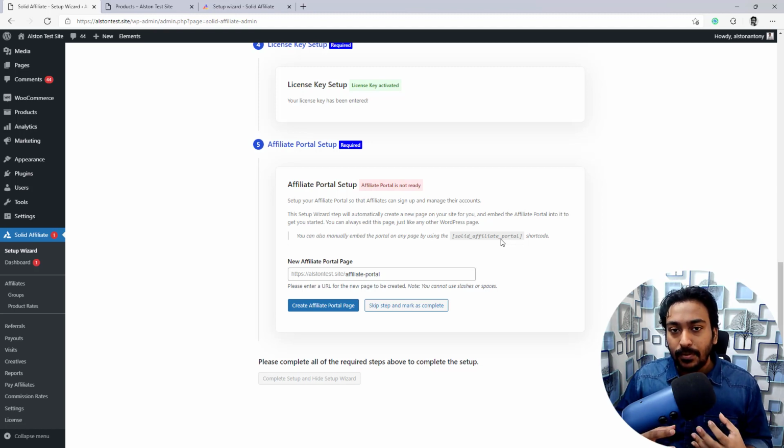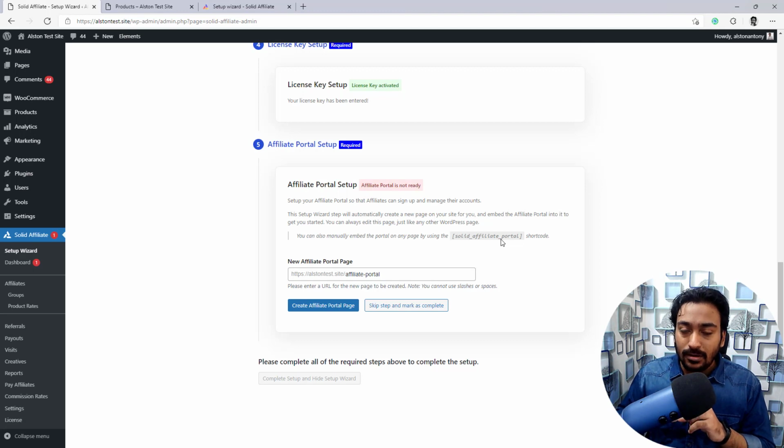For example, some people prefer to have a landing page for affiliates where they provide all the information regarding what rewards affiliates are going to get, why they should sign up as an affiliate for you, and what the benefits are. Then once the affiliate is interested, you can have a CTA button link at the bottom of the page to redirect them to an affiliate portal page. The job of the affiliate portal page is not to convince a potential affiliate to sign up to the program, but to give them the necessary form to complete their registration as an affiliate.